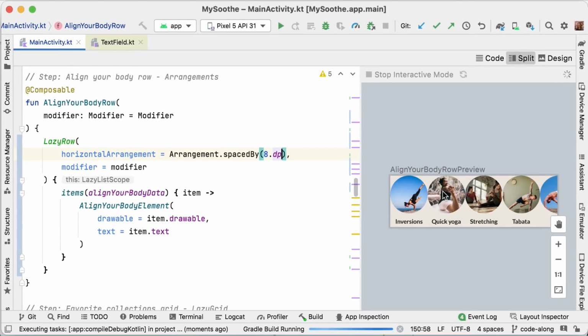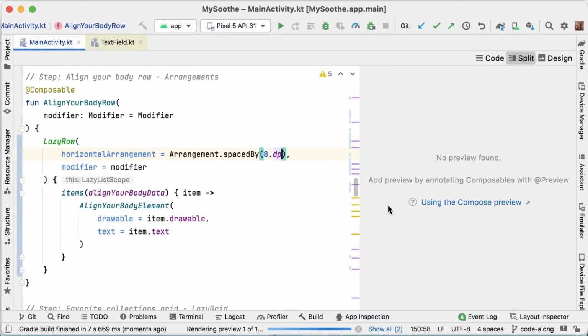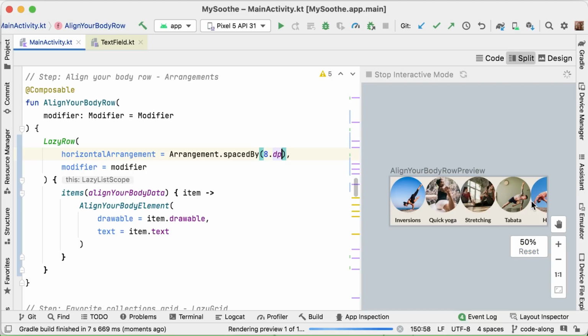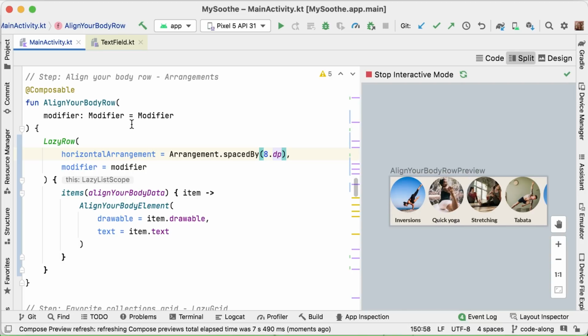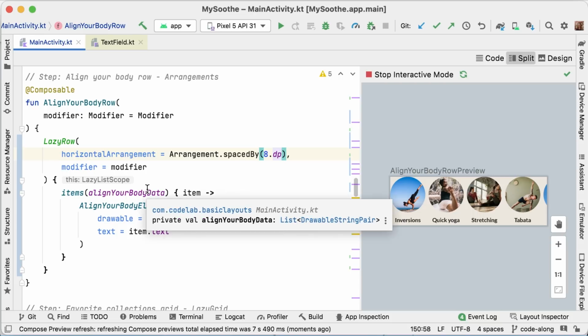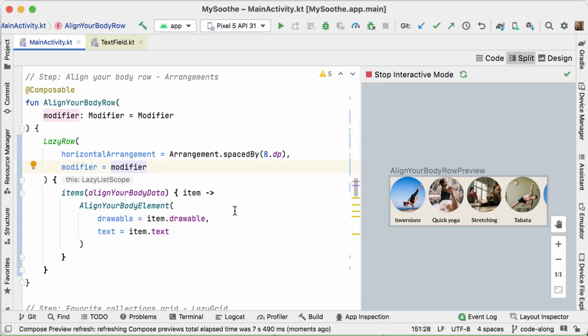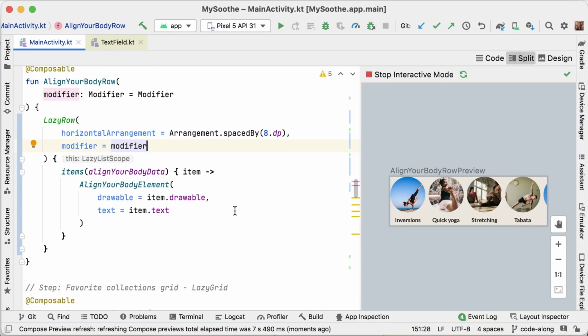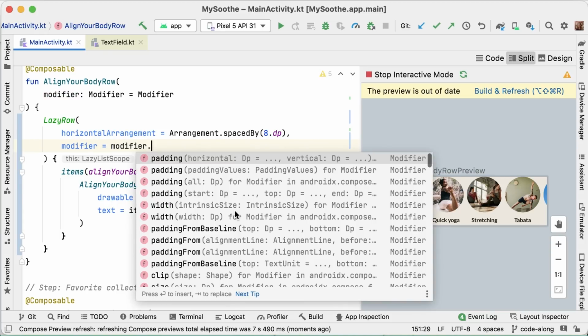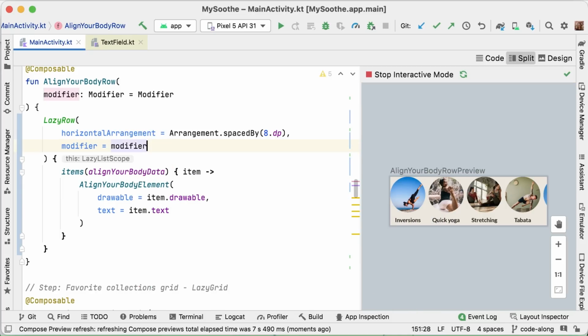But now I think in our original design, we also saw that there was 16dp of spacing all the way at the start of the container, and then 16 all the way at the end, wasn't there? Yeah, exactly. So going back to what you mentioned before, we also need to add more padding for the first and the last element. And we need to have that incorporated when we actually scroll. And when we try to scroll, we want it to remain within the bounds of the parent container.